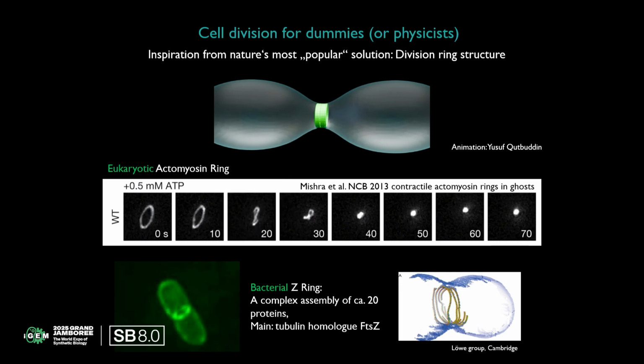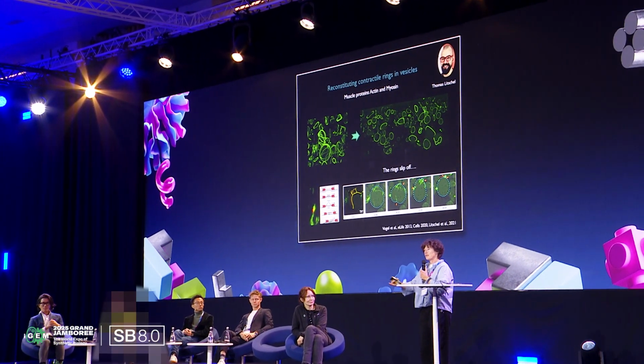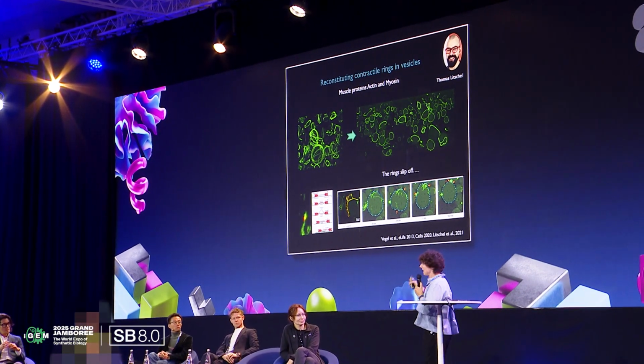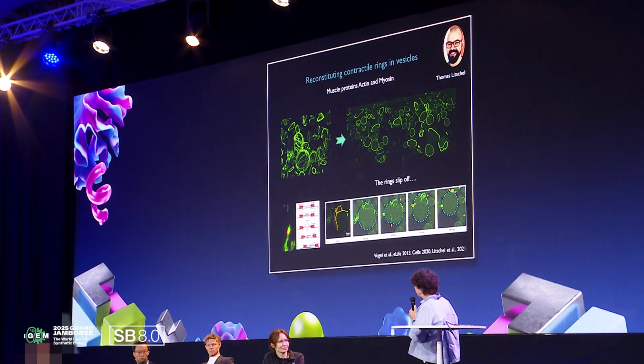Same with E. coli. E. coli also has the FtsZ ring, and if you look at them under the microscope, it also looks a bit like my little cartoon up there. So why not try that? We started with actin rings because they were large and they were contractile, and you could actually see in a single molecule experiment that indeed if you attach actin filaments to membranes and throw myosin motors on them, the little red dot is the myosin, you can actually see how the actin is constricted. And we managed to get beautiful actin rings in our vesicles. By the way, there's a scale bar missing. These are very large, so they're about 20 microns in diameter.